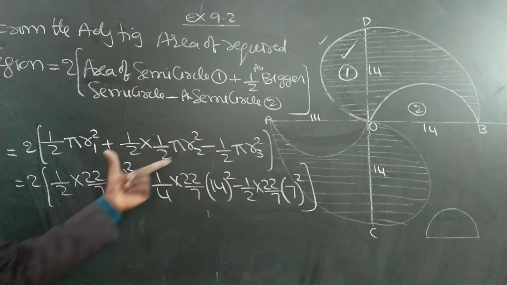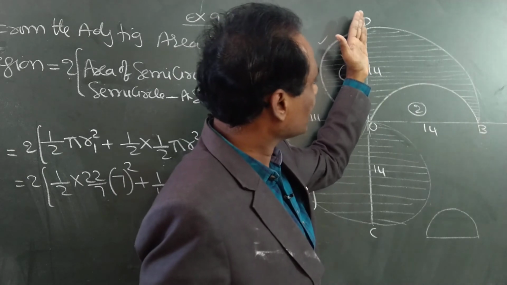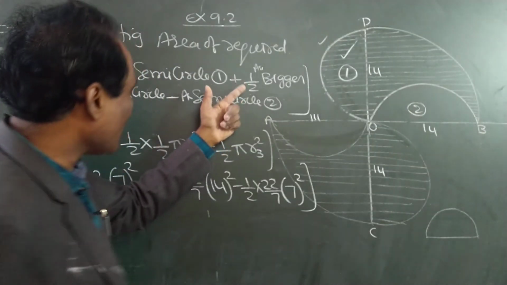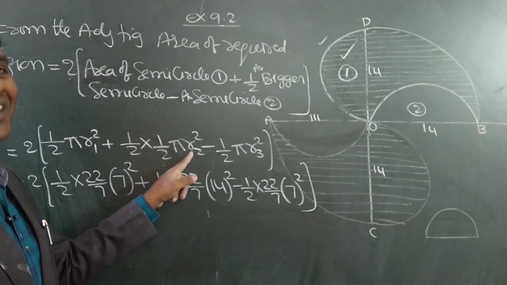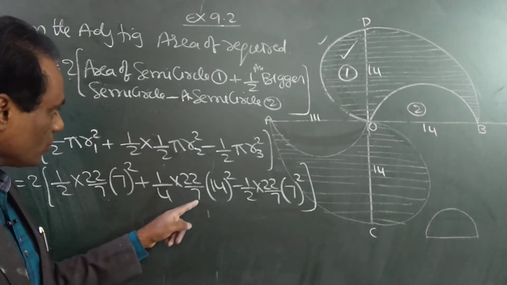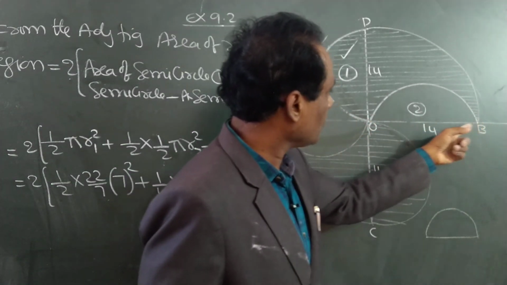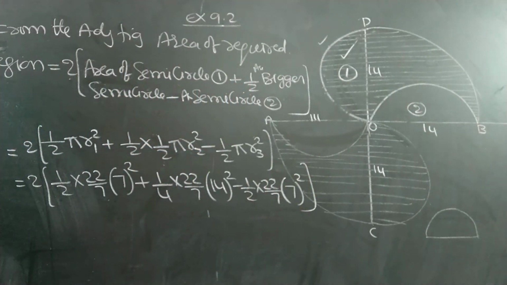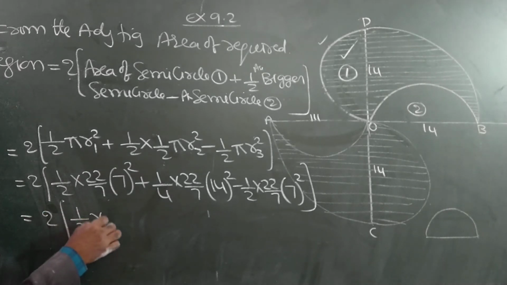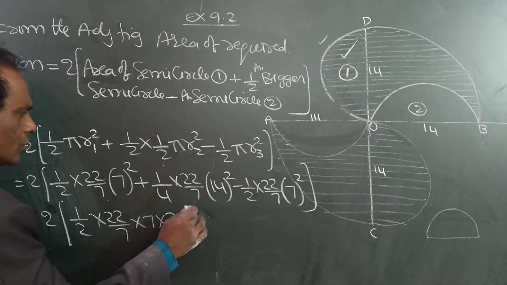This is also 7, but this middle one is a confusion. This is not a semicircle. It is a half semicircle. So half of half pi r square. So 1, 2 to the 4. Pi is 22/7. Radius of bigger semicircle is 14. This is 14. That's all. Simplify. Seven square, 7 into 7. Do the simplification. You do your own.